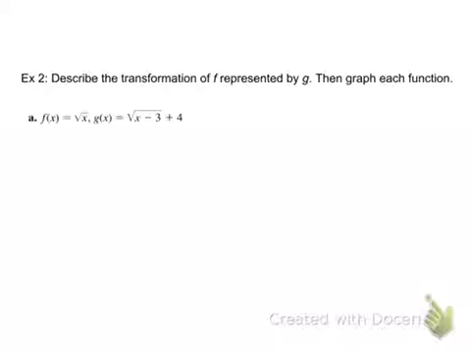Okay. So now let's look at example 2. Describe the transformation represented by g, then graph each function. Okay, so if we're starting with f of x equals the square root of x, and we're going to g of x equals the square root of x minus 3 plus 4. Well, that minus 3 right there is on the inside, and it's a minus 3. So we are going to be having a translation